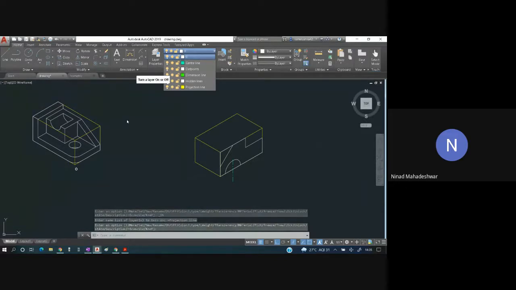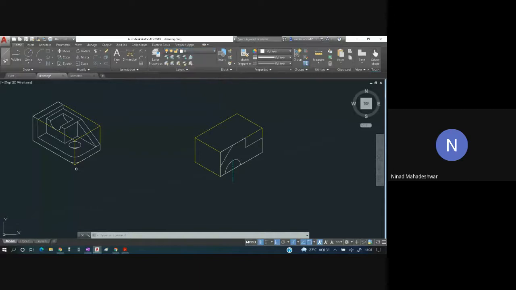Okay. Now once this is done, what I'm going to do is I'm going to take the breadth of this entire section. So breadth, select a line from this end, click over here. Click over here. So I'll switch off the projection line.